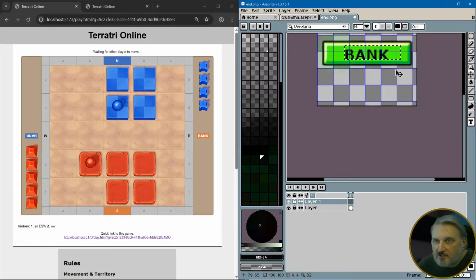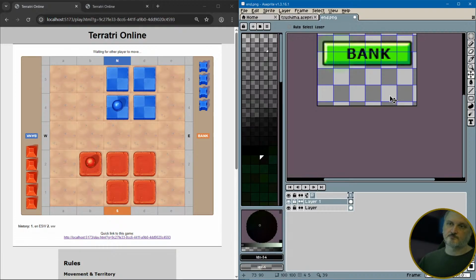It looks reasonable, maybe a little bit more to the right. Can't get it to move to the right. There we go. That looks centered to me. So let's save this as